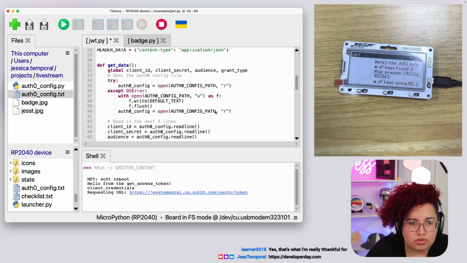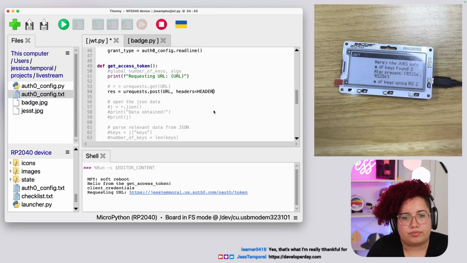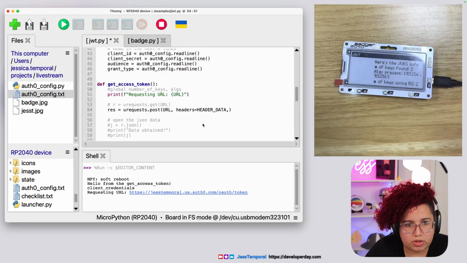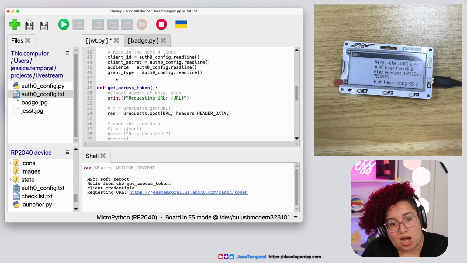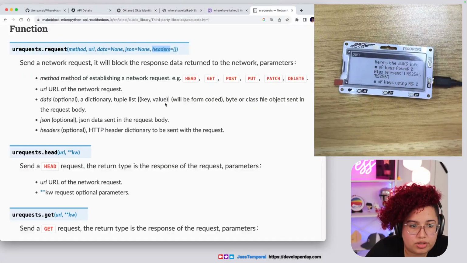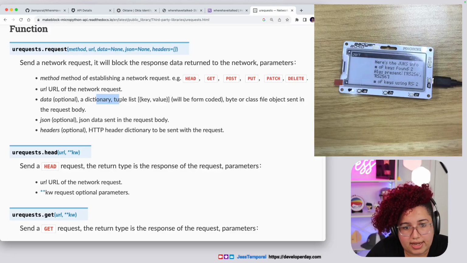And I want to use header data. And lastly, but not least important, I need to pass along the client ID, client secret, audience, and grant type. So all of these go inside the body of the request. And there are two ways I can do this. I can do either data, which is sent in the request body, or I can do JSON, which is JSON data also sent in the request body. So I think I'm going to go with data because I can do a dictionary